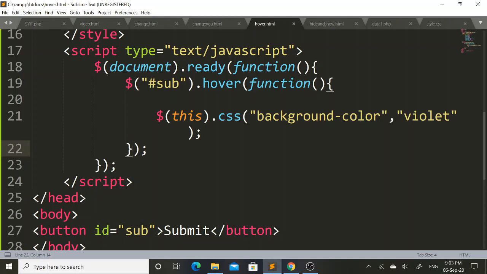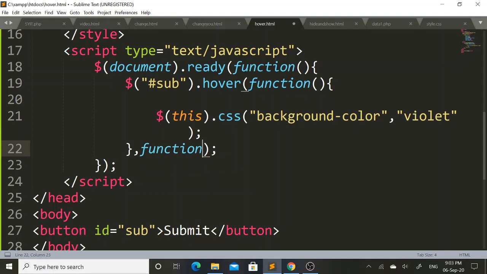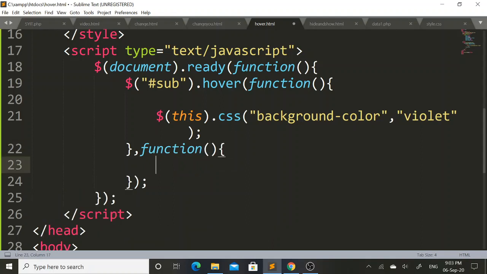Here, by applying comma separator operator, I will call another out jQuery function. Function open parenthesis, close parenthesis, open curly brace, close curly brace. In this out function, I will call factory function.